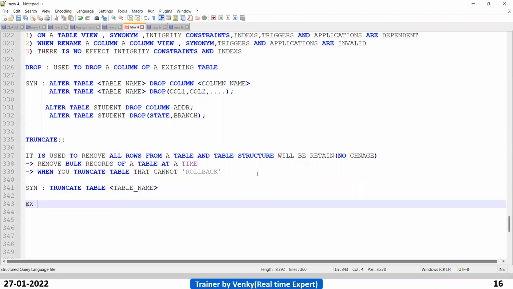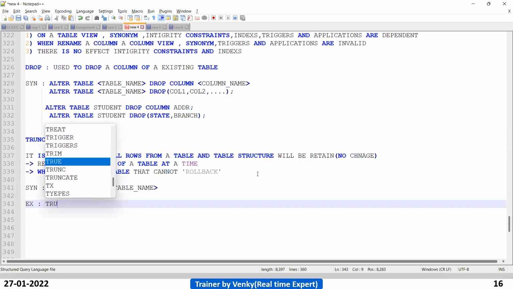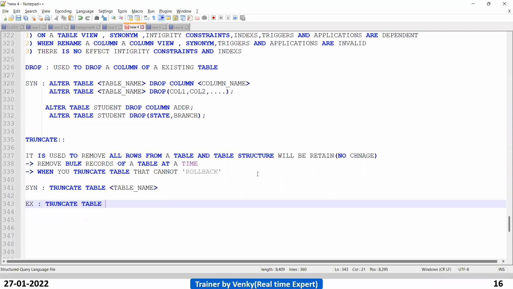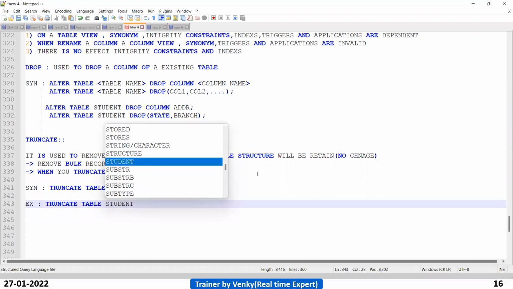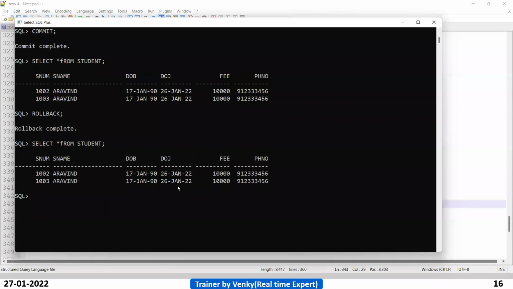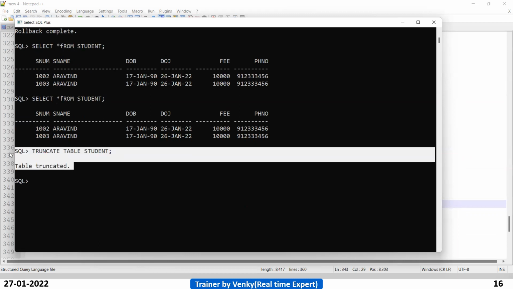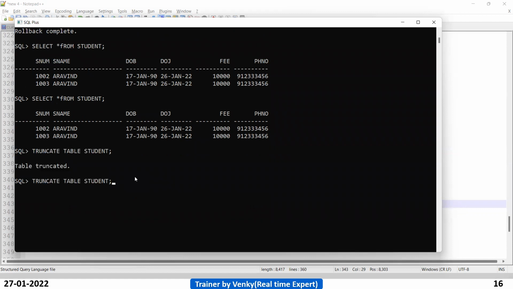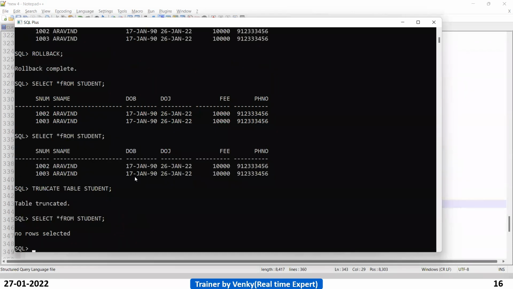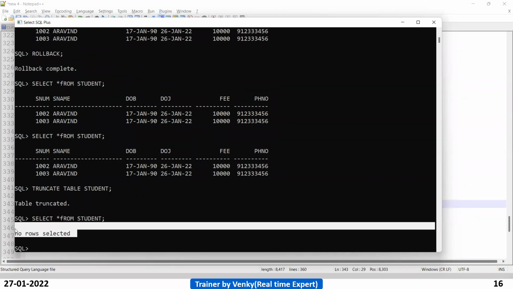Now take an example. Truncate table student. Let us do the truncate. Now what data is it having, guys? Two records. Truncate table student. Table is truncated. See, now it says no rows selected.